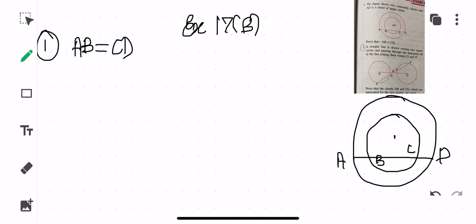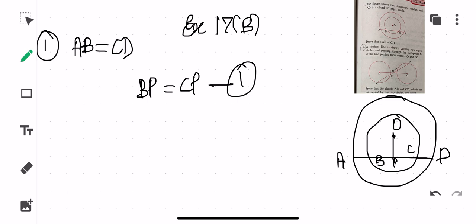So what you will be doing, children, suppose this is my point. Now you can drop your perpendicular like this. Once you drop the perpendicular, suppose this is O, you can mark this as P. Now you know that the perpendicular from the center to the chord bisects the chord. So you will write that, therefore BP is equal to CP. You will take this as equation number 1. Of course, in the smaller circle, since OP is perpendicular to BC, therefore BP is equal to CP. You will write all the reasons and only then conclude.